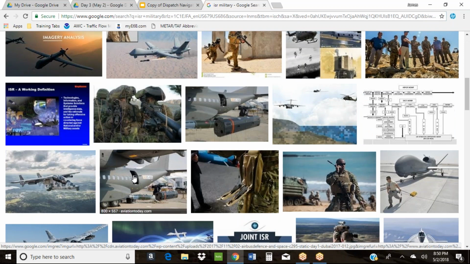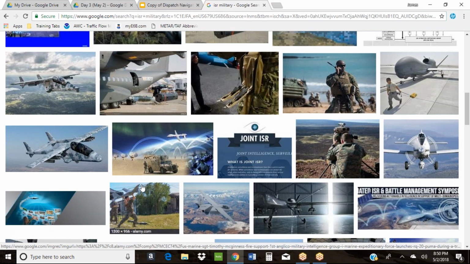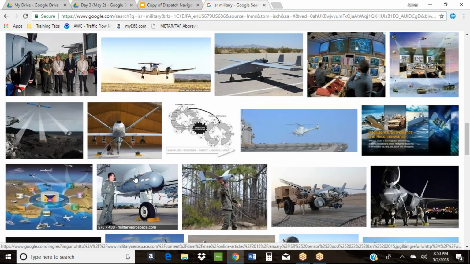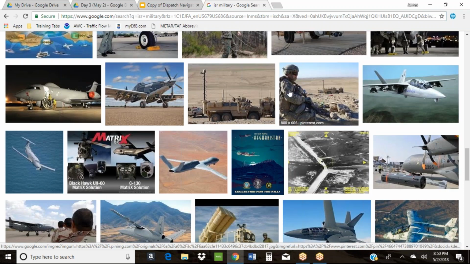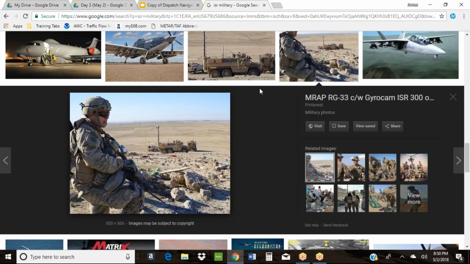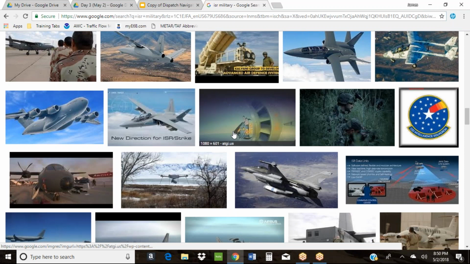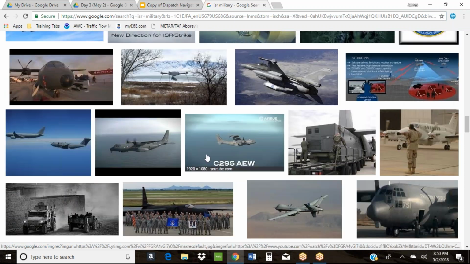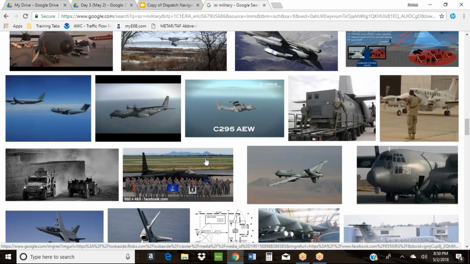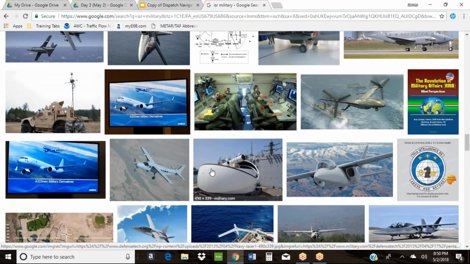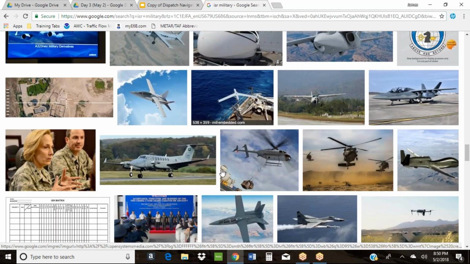We call them ISRs. He doesn't actually have it on. But basically, it's a pair of Oakleys that have a heads-up display unit on one of the lenses,